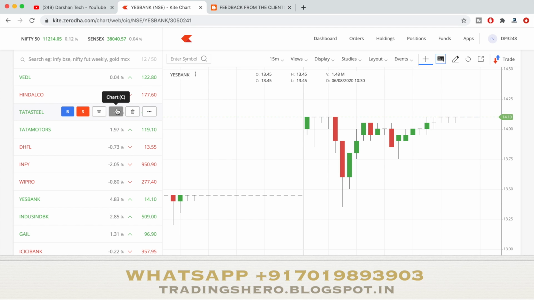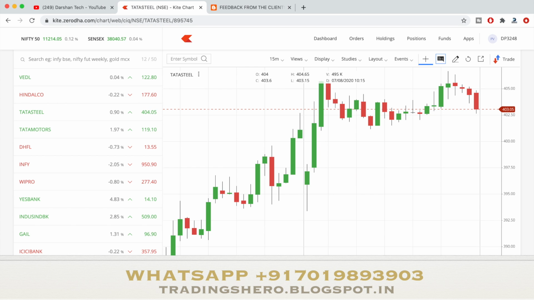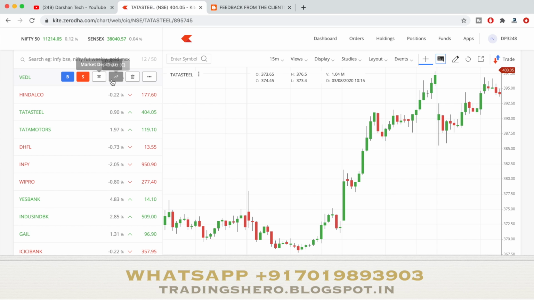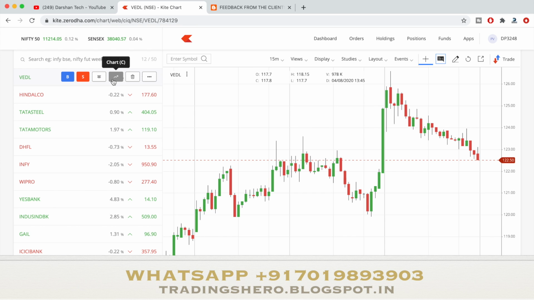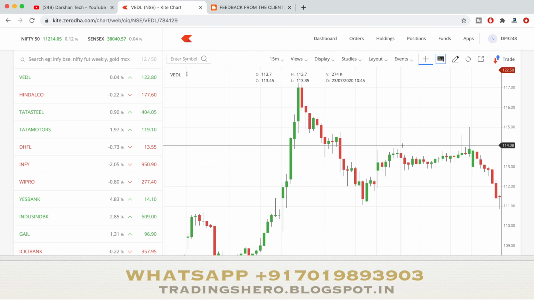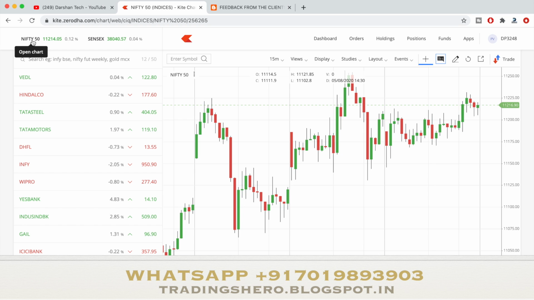But if you pick a stock above 100 rupees or above 150 rupees, it will give you good movement. There will be a movement in the stock where you can get an opportunity to enter the trade and book a profit. So make sure you keep this in your head. Always pick a stock above 100 or 150 rupees so that you get a good opportunity to trade. And always pick a stock from Nifty 50. The stocks you pick from Nifty 50 will always give good movement.